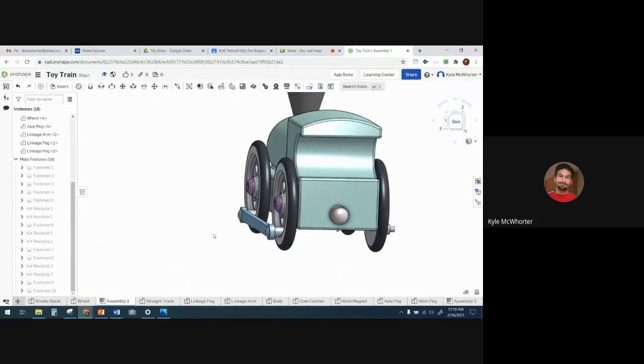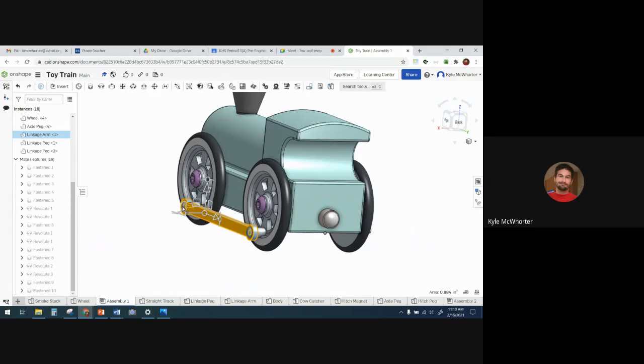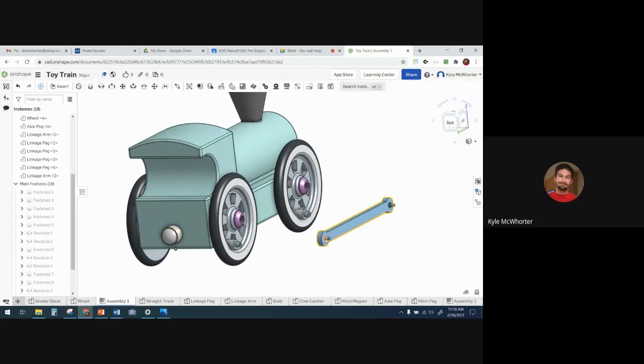And then I need to repeat that stuff on the other side over here. So I think I can just select these three things, copy, paste 3 items. And now the linkage peg didn't have a mate with the linkage arm, so these should come apart, maybe. Maybe not. And I wonder if that will cause a problem when I make a revolute mate. So I think what I'll do, I'm gonna delete these pegs and copy them separately. Because I don't want any mates that they brought over to mess up the way my wheels are gonna turn